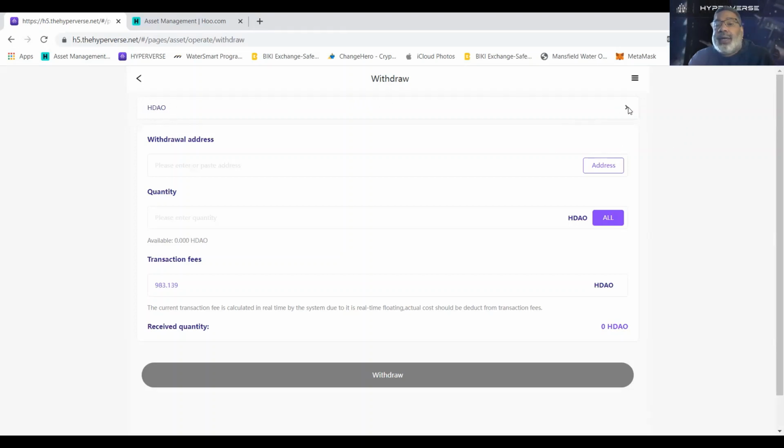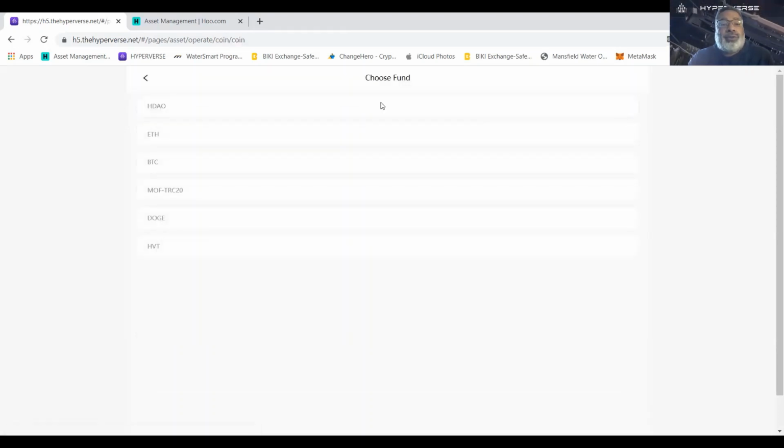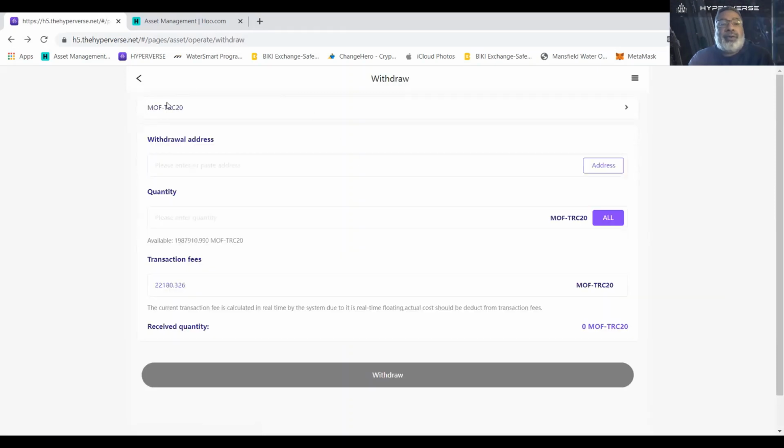I think it defaults to HDAO, which is a coin that you may or may not still have in your back office. So you're going to choose the fund. We're going to do MOF TRC20. Okay, now we're on the MOF TRC20 withdrawal page. First thing they're going to want to know: what is the withdrawal address? Since you're doing this for the first time,